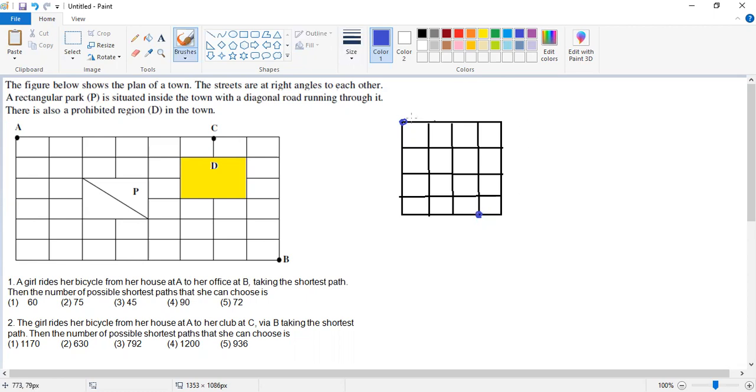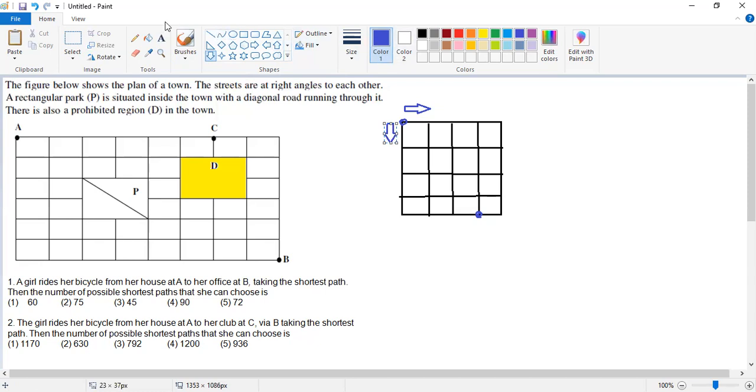When I'm talking of the shortest route, what is implied is you are not going to go all the way and then turn back, because that way you are increasing the length of the route. Nor would you keep going in circles, because then the length of the path keeps increasing. So to use the shortest route concept, we will only go to the right and only travel downwards, and that will ensure that we have taken the least possible route. So we are only going to travel in these two directions from the starting point.